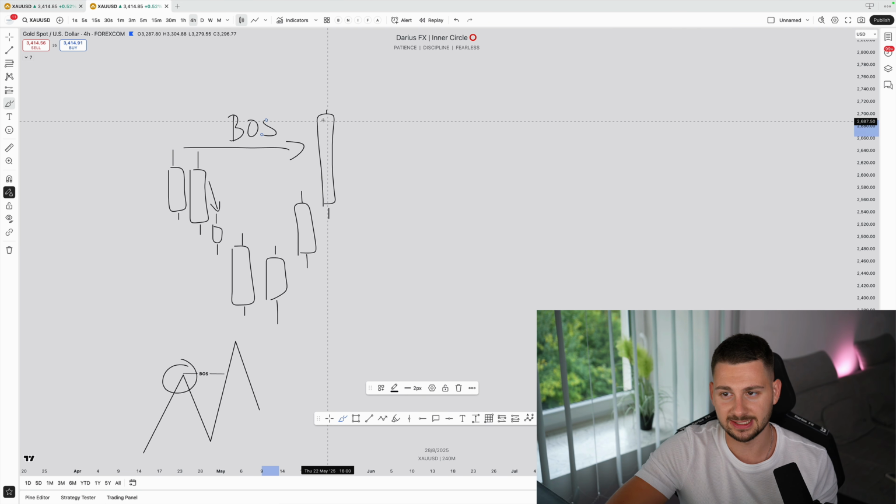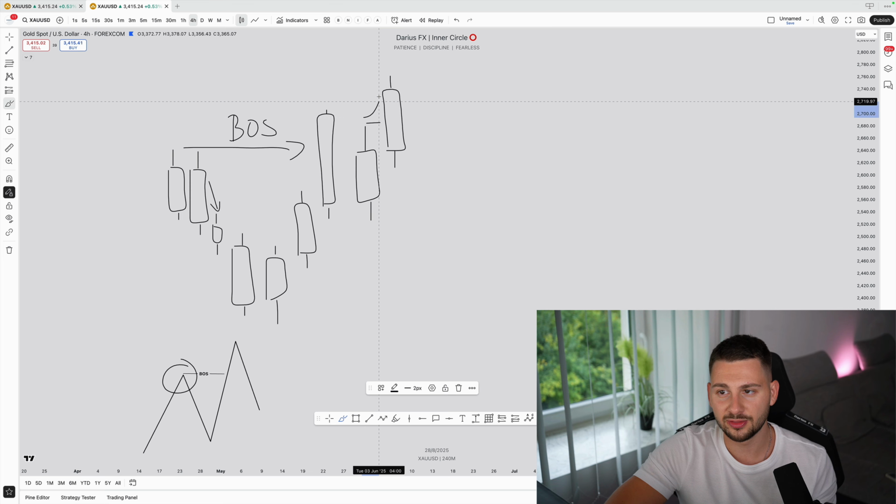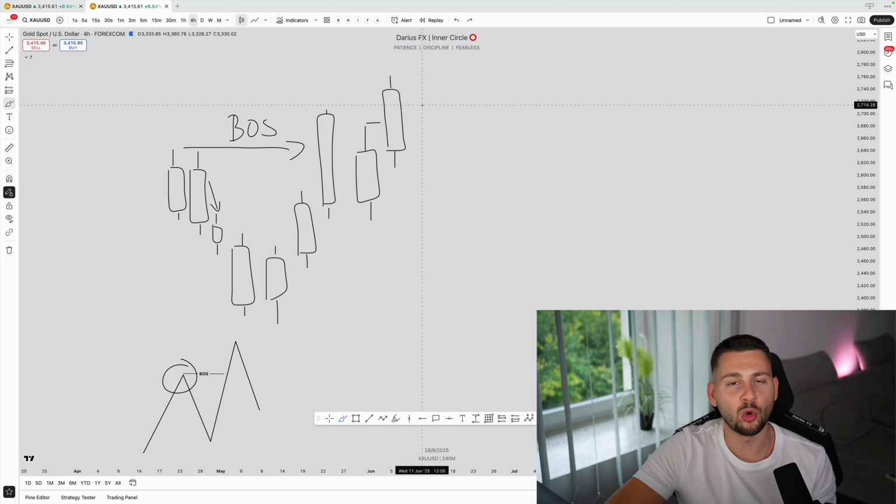If the price, instead of delivering you such a candle, delivers a candle that is very close to breaking it, but in reality only wicks above this line, then it's not a break in structure, right? Then we will just wait for the next candle, and the next candle will need to continue up higher, and only then, if we break through it like this, do we have a full BOS. Otherwise, we just wicked above it, and we won't classify this as a true BOS.